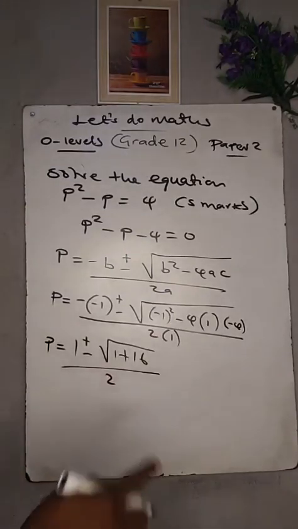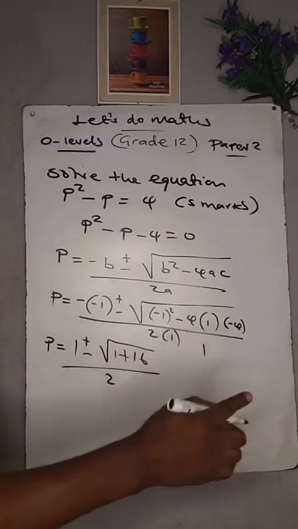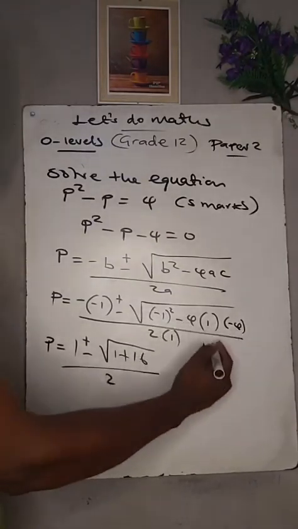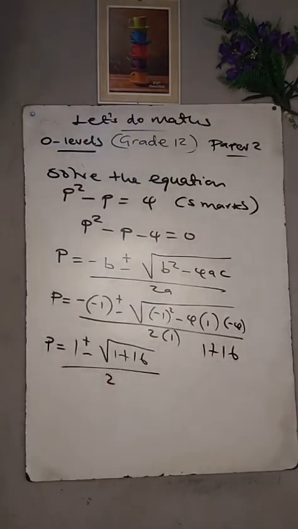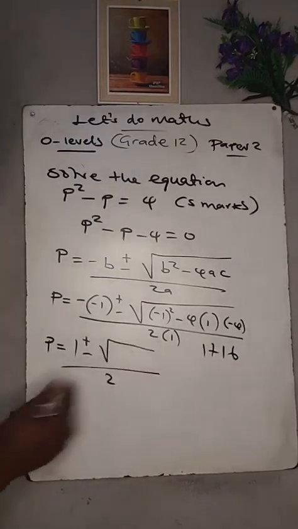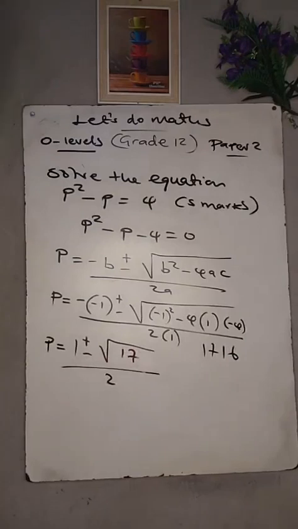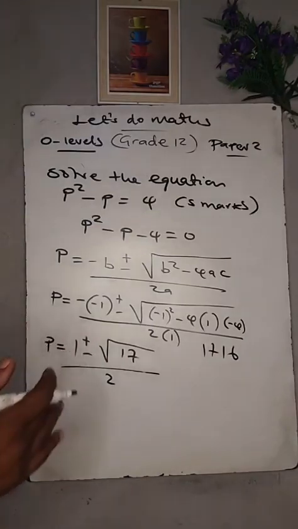So what I've done is I said 1 squared is 1. Then negative 4 times 1 is negative 4. Negative 4 times negative 4 is positive 16. So 1 plus 16 is 17. Due to time, and we need to move fast, we can just write 17 there. Okay, then after that, since we are dealing with a quadratic equation, we need to find